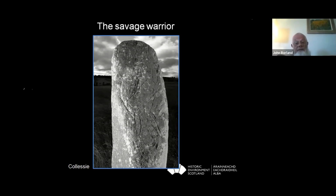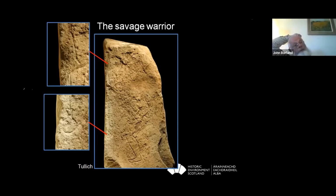This one's from Killessie in Fife. Fairly recently, maybe about three or four years ago, this new one turned up during roadworks just on the west side of Perth, at a place called Tulloch. And it's another one following the same theme. The carving is partly eroded and abraded, but again we can see a generous bottom, let's say, here, then a bit of damage to the stone, but picking up at the nape of the neck, the head. It's either a strange hairstyle or maybe a cap or helmet. Ear, eye, again a prominent nose,